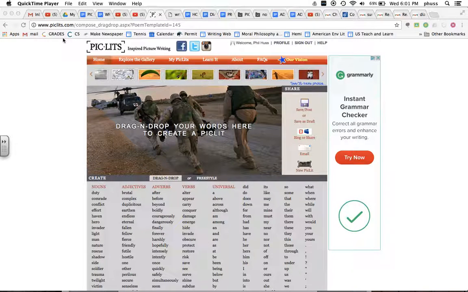Welcome to a tutorial on how to write dialogue on Piclits.com. This is a really great way to engage with these photographs. You have to search a little bit to find photographs that have multiple people in them so that you could have an imagined dialogue. Obviously, I've located this intense scene of soldiers getting a wounded soldier to the helicopter and off to the hospital